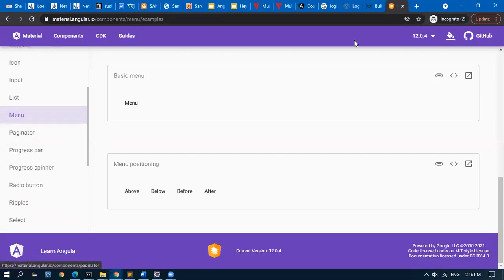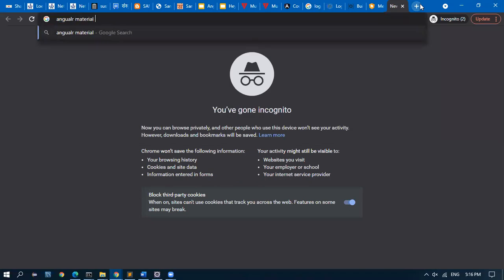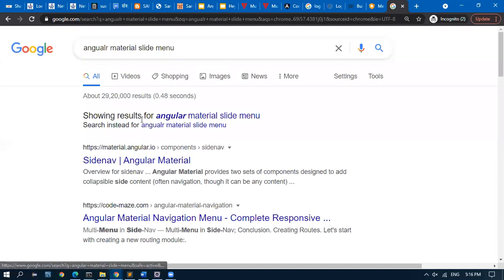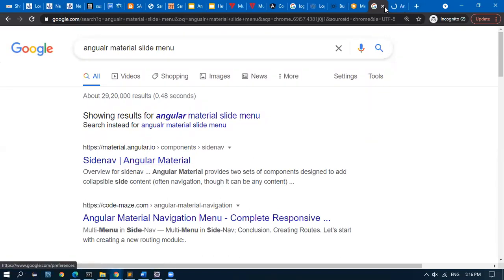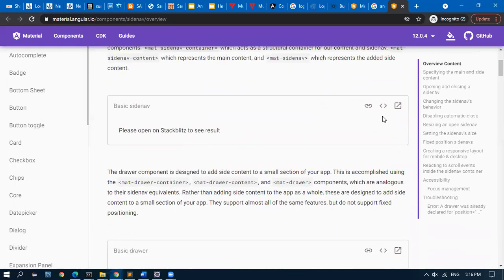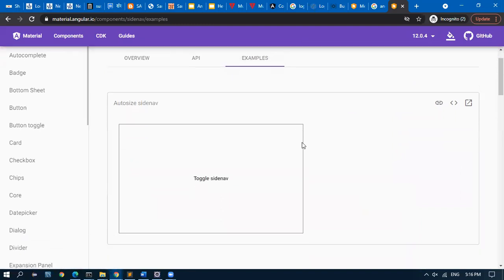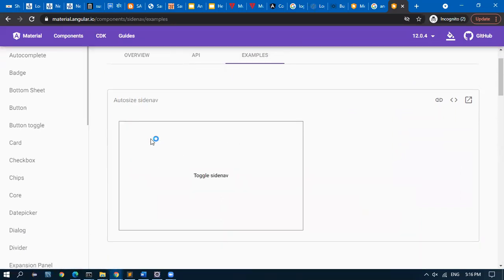I'll search for it. Okay, there is a side nav. So yeah, I have used it. I'll go to examples. See here.